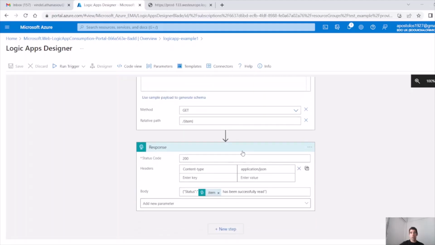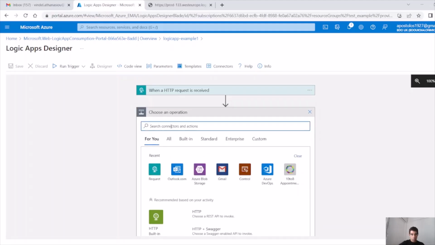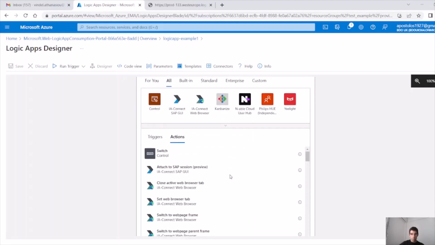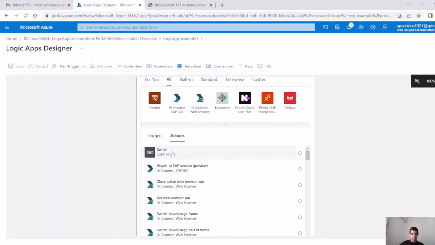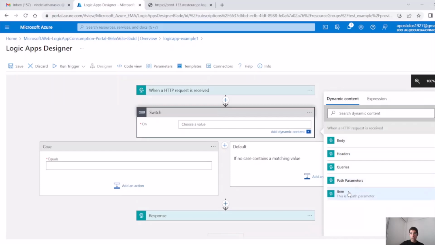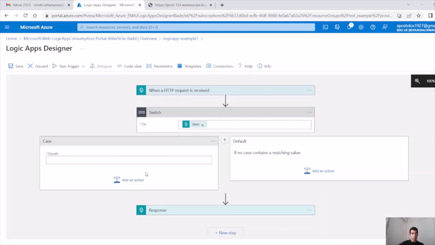This is the equivalent of a case when statement in SQL, or multiple if conditions in Python. And we can do this by clicking here, add action, and we need to search switch. It's going to come up. Where is that? Yep, switch control. We click on that. We choose the value that would be the parameter that we receive on the get request. And here equals, if it's book,